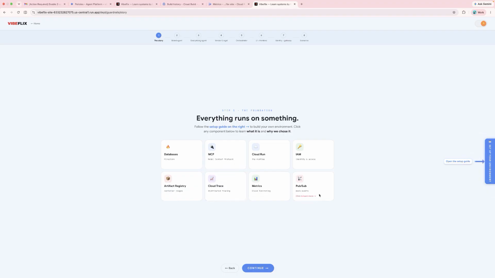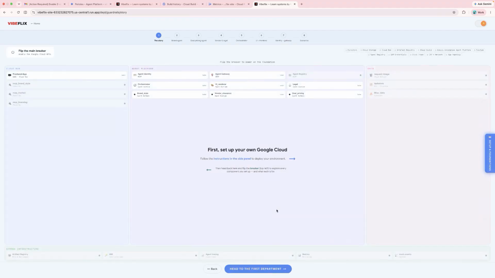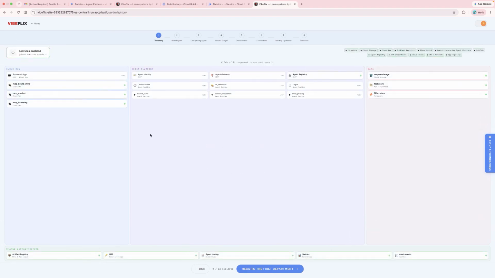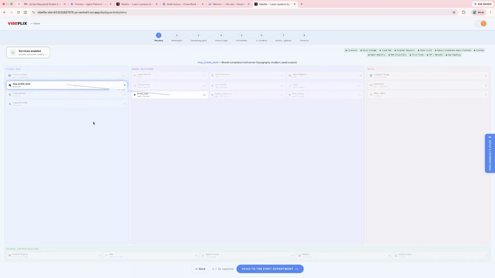And for Pub/Sub, I'm using Pub/Sub to build an extra layer of observability for you. You get to see that later on in the demo itself. And then this is the very high level. So if you are running a workshop, you'll see that I will have pre-installed all the MCP servers for you, right? So as you can see, the MCP server is